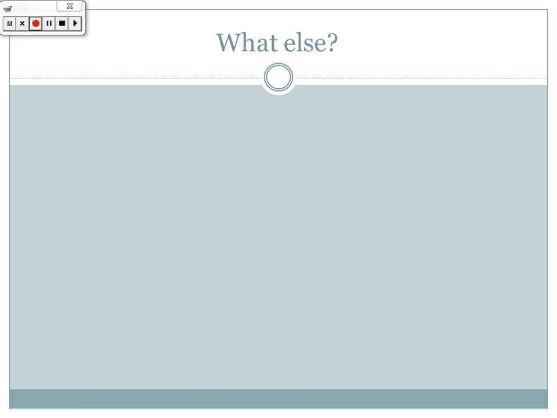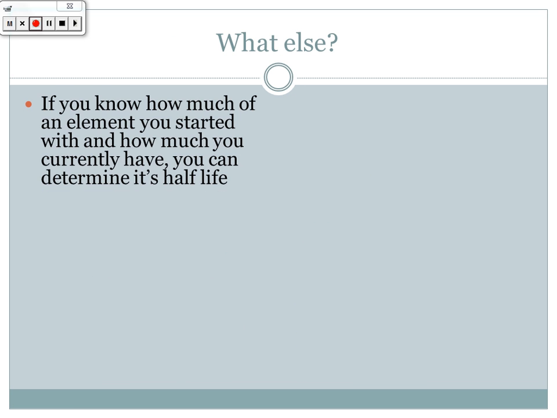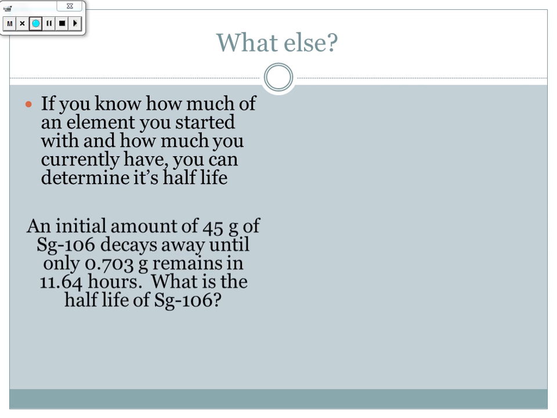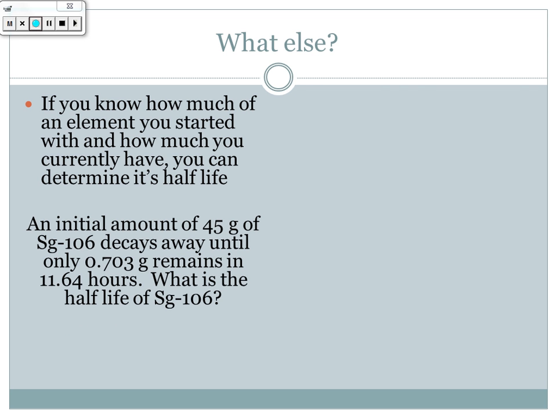Now, the other thing that you can do with this is to rearrange the equation, and if you know how much of an element you started with and how much you currently have, you can determine its half-life. So an initial amount of 45 grams of Seaborgium-106 decays away until only 0.703 grams remain, and that happens in 11.64 hours. What is the half-life of